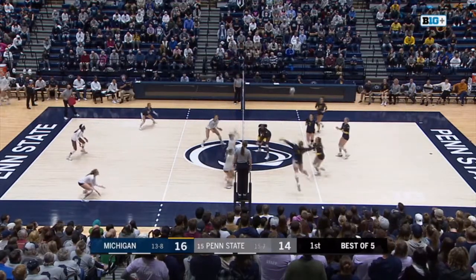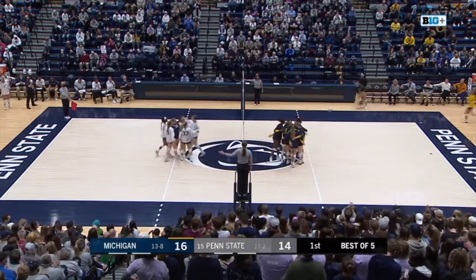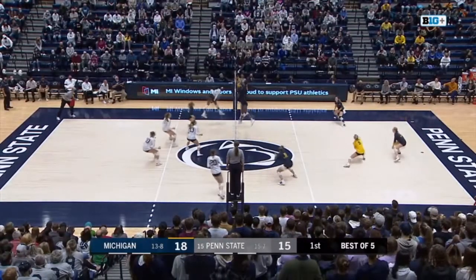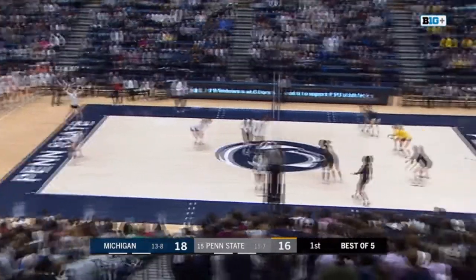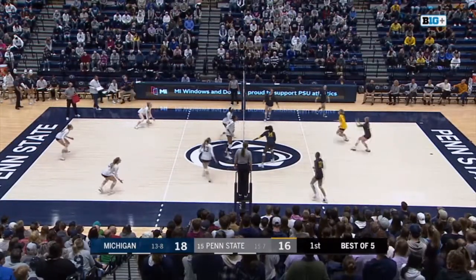Jones with back row dig. Now Merzik sends it into the block of Holland and Blossom. Long review. Now they're up 3 scores. Johnson goes down the right side. Rollins there with the dig, and now Rollins has the kill there in that left corner in front of the Penn State bench. Goes cross court with a dipping down serve as Paige Jones is there on the receive, and